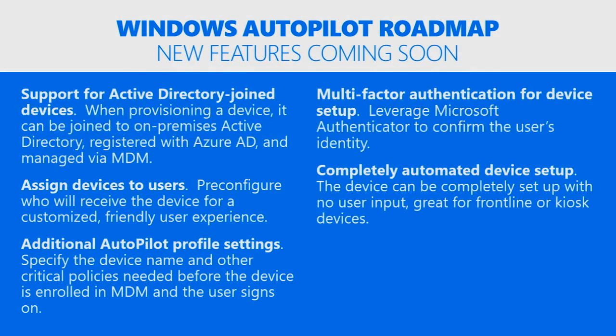Beyond that, we're also looking at some additional scenarios like support for Active Directory joined devices. Imagine the scenarios that we're thinking about here, where you could ship a device directly to an end user and they set it up for the first time. If they do that from your local Starbucks, they're going to be connected to a public network. They're not going to be sitting right next to one of your domain controllers. So there is some additional work that's being done to make sure that even in that scenario, with the help of Intune or other MDM vendors, we'll be